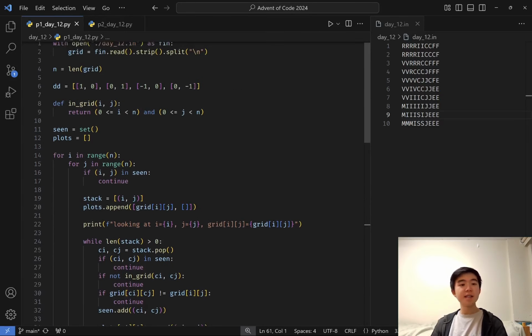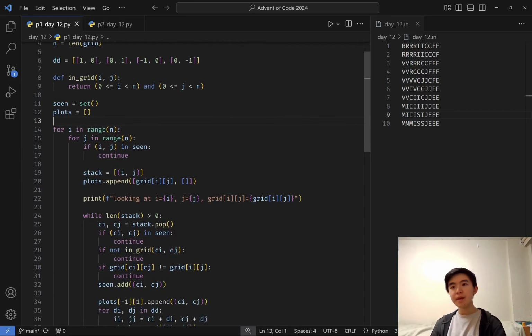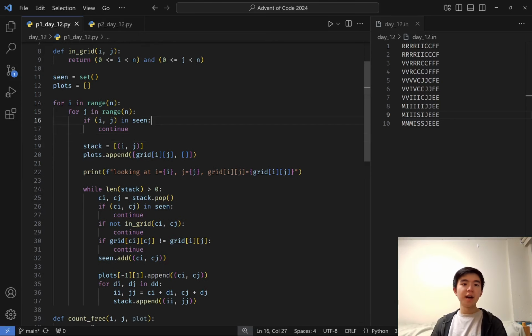Now, to get into the details of the DFS, essentially we have this seen set, which keeps track of which cells we've seen as row-column coordinates. So as we iterate through every cell in the grid, if we've already hit a cell, for example, if we've seen it in a previous plot, then we don't want to consider it anymore. We just continue. Otherwise, we're going to initiate a new plot, which we keep track of in this plots list,